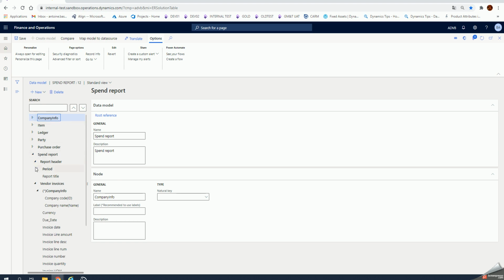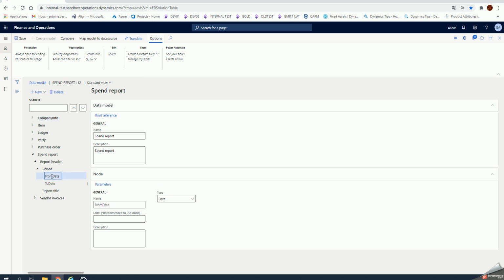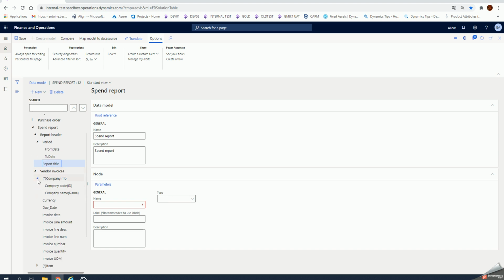So in my report I have two sections. I have a header section and I have a line section. So in my header section I have for instance my periods. So the report will basically export data from this date to this date. I have my report title, and then I have my line sections with all basically my vendor invoices data,